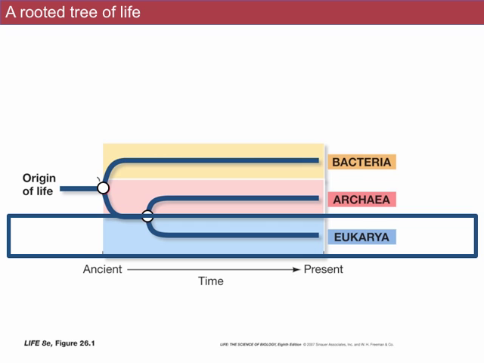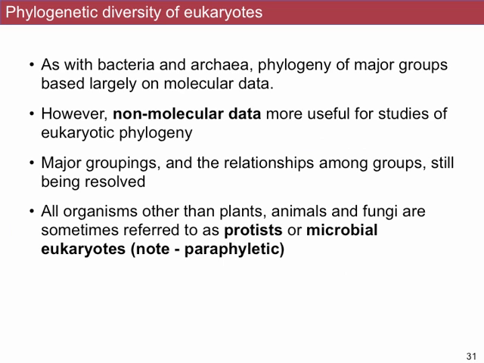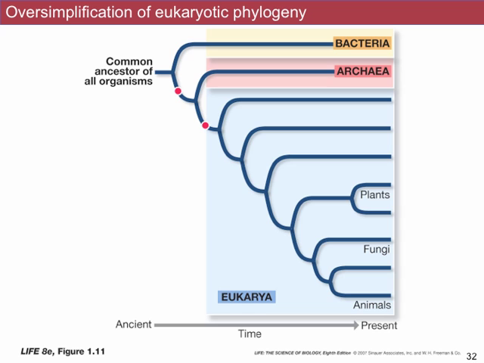And again, as I mentioned, the phylogeny that we think we know for these groups is largely based on a combination of molecular and morphological and other data. So if we look at the eukaryotic branch in the tree, here's a figure from the book. Well, get ready. As I said, you're not going to have to memorize all the details of all of these lineages. I don't even know all the details of all of these lineages. However, they're really interesting and really important, and there's incredible diversity here, and it is going to be very relevant to the things we're going to talk about, so I want to give you a tour for a few minutes.